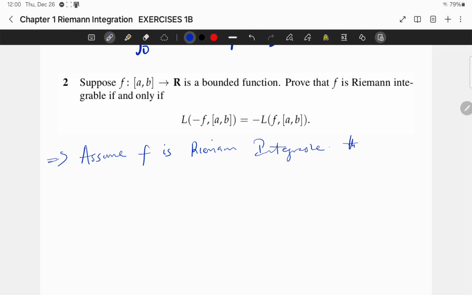Then for any epsilon greater than 0, there exists a partition P such that... Okay, let's go ahead. There exists a partition P